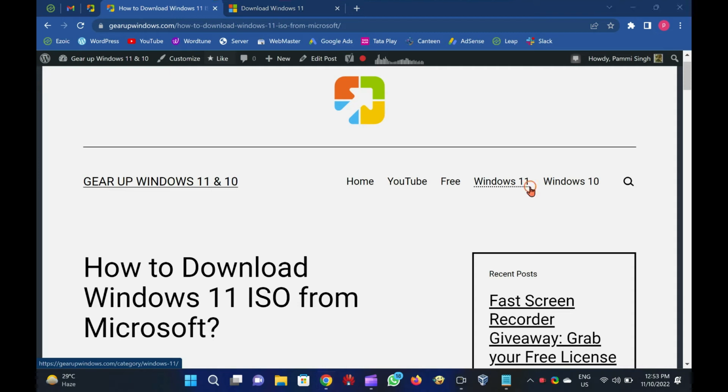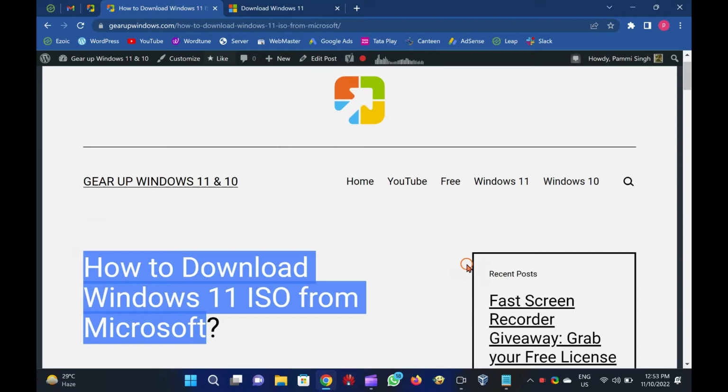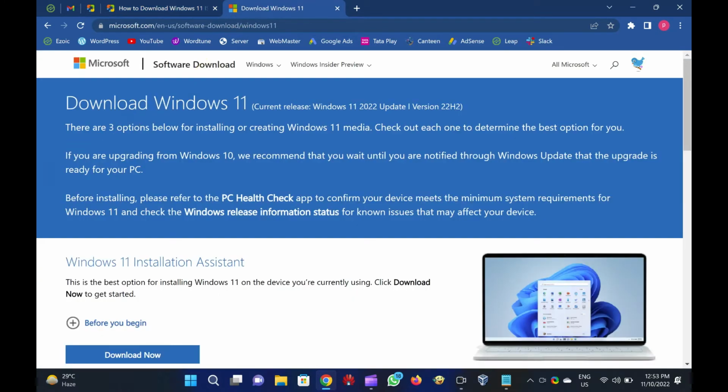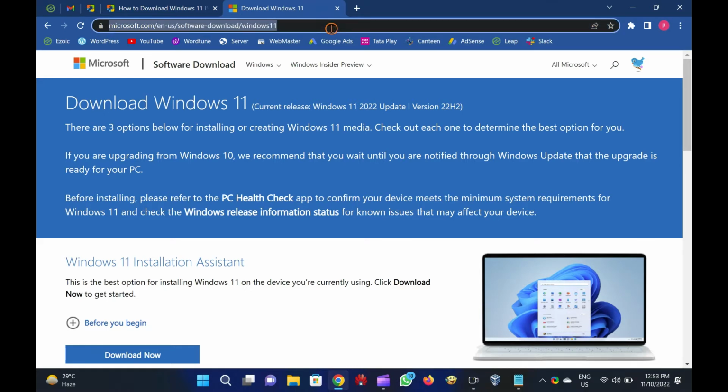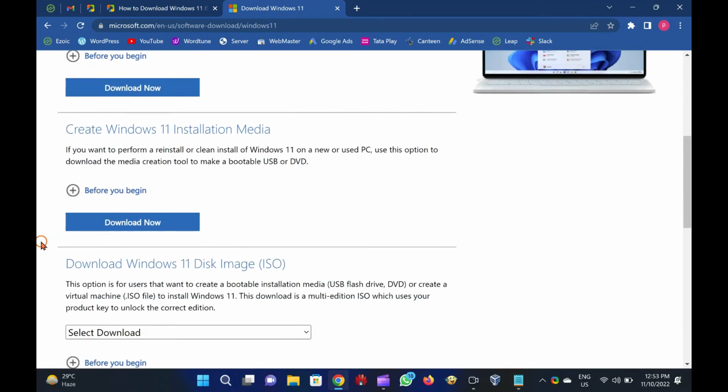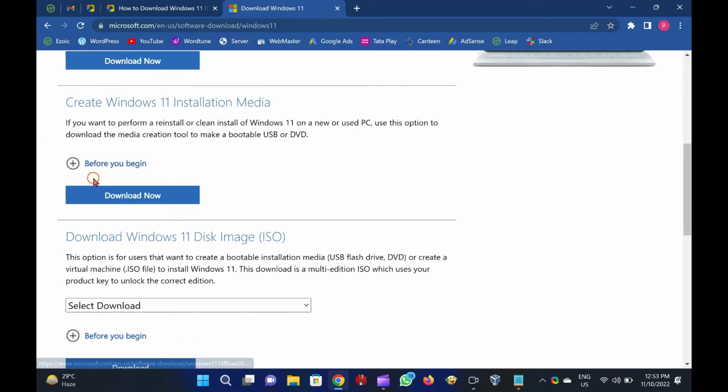Hi everyone. In this video, we will guide you on downloading the latest version of the Windows 11 ISO directly from the Microsoft server. First, visit the official ISO download page at Microsoft.com, https://www.microsoft.com/software-download/windows11. When the Download Windows 11 page opens, scroll down to find the header Download Windows 11 Disk Image,